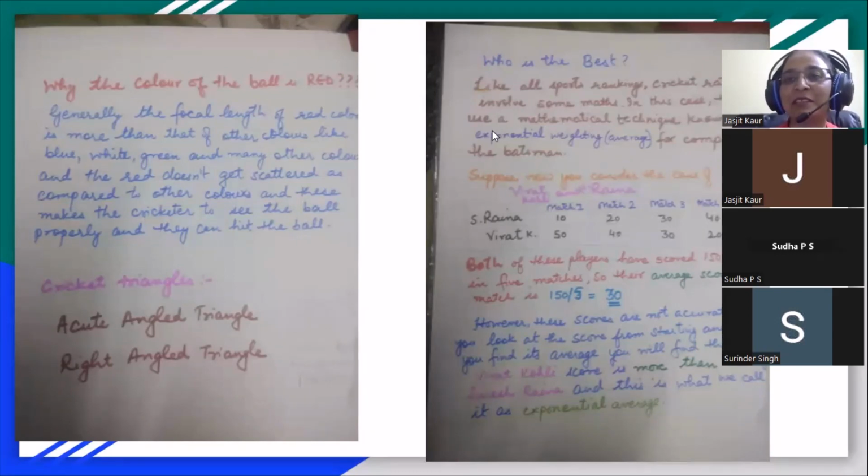Now in cricket, we can make triangles also, acute angle triangle, right angle triangle. Let them explore in the ground. Similarly, in the game of football, when the players make kicks, what type of angle are they making? Is it a reflex angle, acute angle or obtuse angle? Then at the end of the match, let them make a tabular form of their scores: who is the best one, who scored the most, what is the average of their scores. In this way, we can help them explore real life examples.